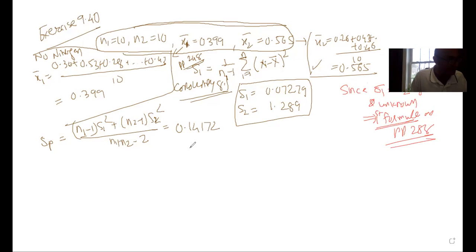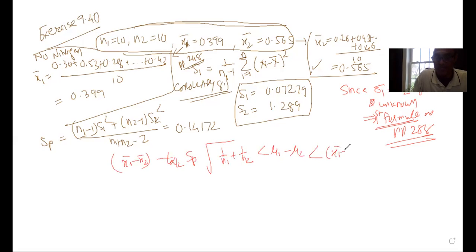And that is given in the form: X1 bar minus X2 bar minus t alpha by 2 times Sp times the square root of 1 over n1 plus 1 over n2 is less than mu1 minus mu2, which is less than X1 bar minus X2 bar plus t alpha by 2 times Sp times the square root of 1 over n1 plus 1 over n2. If you plug in the values,